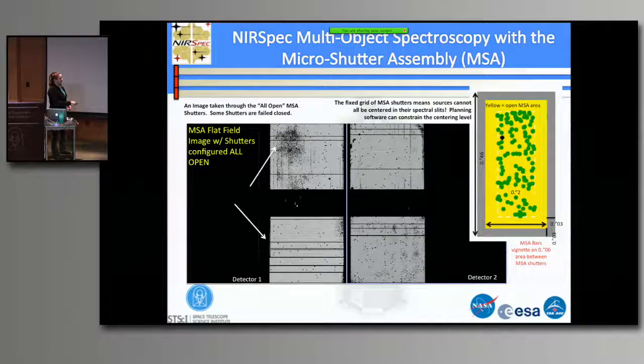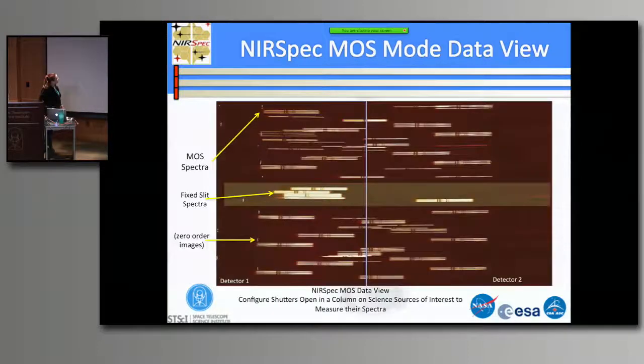This is an example of what we call a collapsed shutter view, where all of the sources in an observing plan are shown overplotted in a single area. And so you can see that this is kind of the constrained observation there. This is basically the data view of the MOS science. Although we've got failed closed shutters, you can pack a whole lot of science sources in and observe quite efficiently